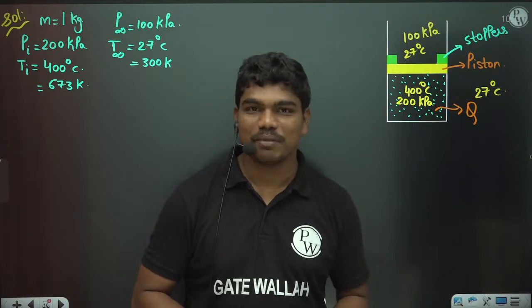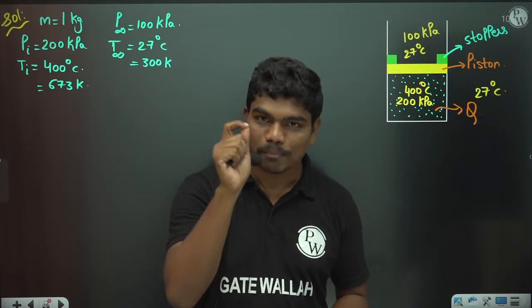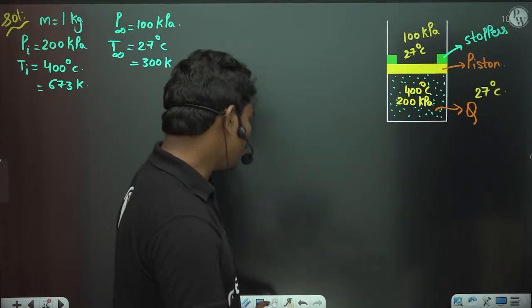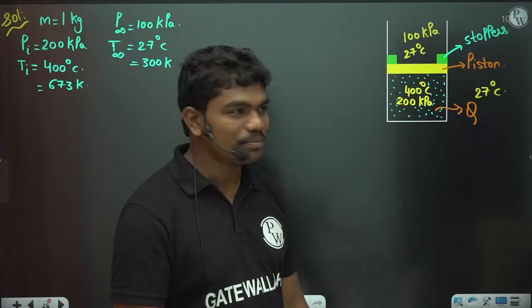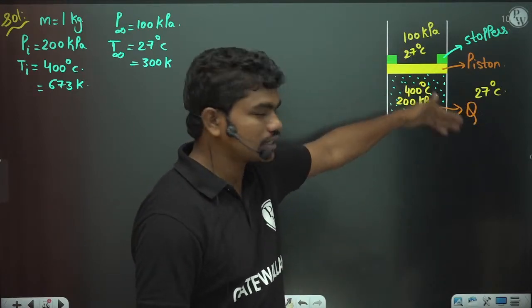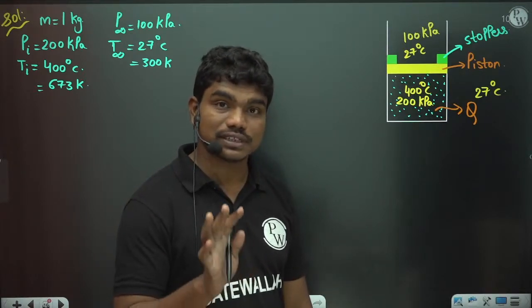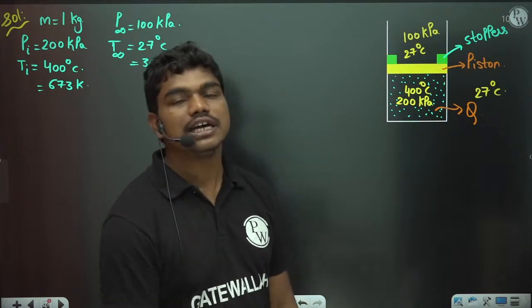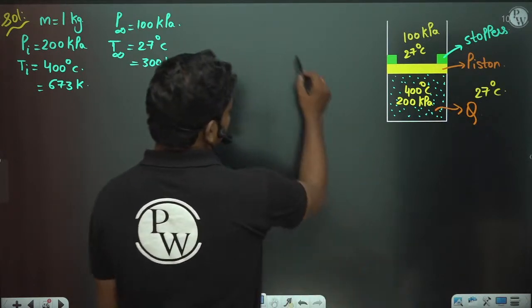Why? Because the piston immediately won't start moving down. Look, this is a good question because of this answer. I know all of you will say yes, because your intention is that obviously when heat transfers, the piston moves because of the pressure drop. But the pressure drop will not be sufficient for the movement of the piston, and I'll tell you why it's happening. If you draw the force balance on the piston,